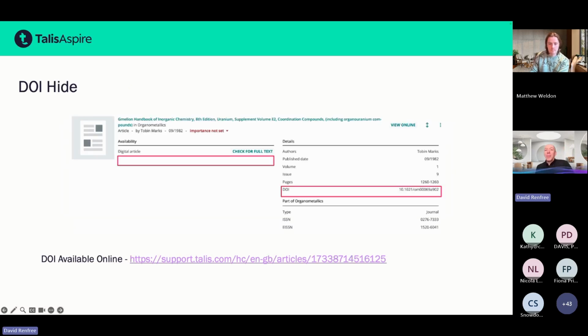Next slide. This is a bit of a niche one, so I don't think I'll be spending too long on this one. We do have the ability to hide any DOI links that may get captured in the course of bookmarking. So if you are an institution where your preferred linking method to resources that you have bookmarked is either open URL or direct web address, you can hide the DOI link from,